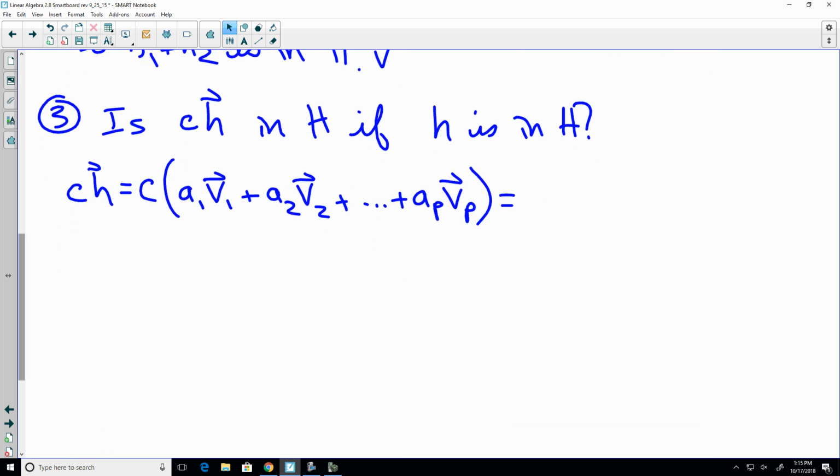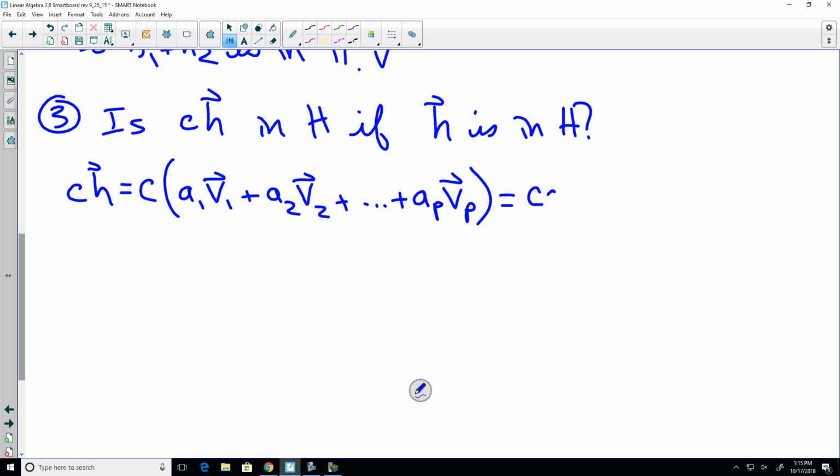So if I say little h is in big H, this is a vector in what we're calling the subspace, right? If it is a subspace, that's what we're trying to figure out. If little h is in H, then that means little h is a linear combination of those vectors v1 to v sub p, because big H is the span of those vectors. It represents all the linear combinations possible. So little h is one of those vectors, right? So I just rewrote h as a linear combination,